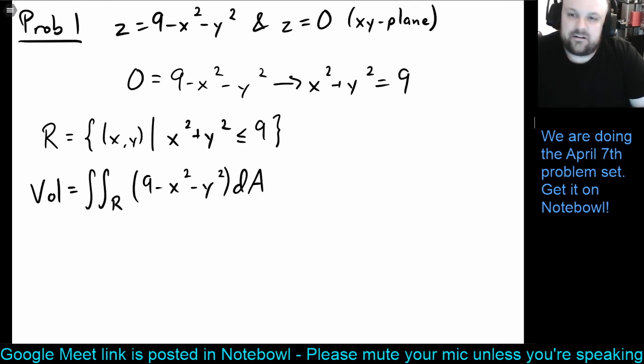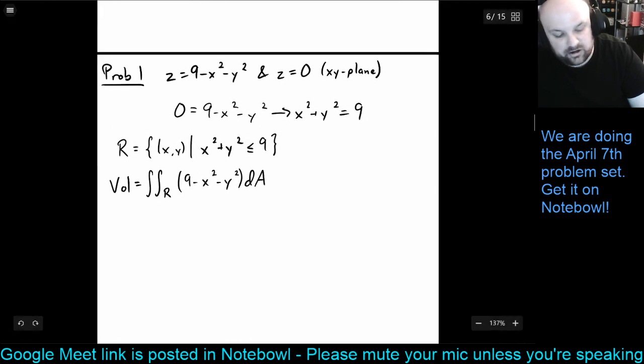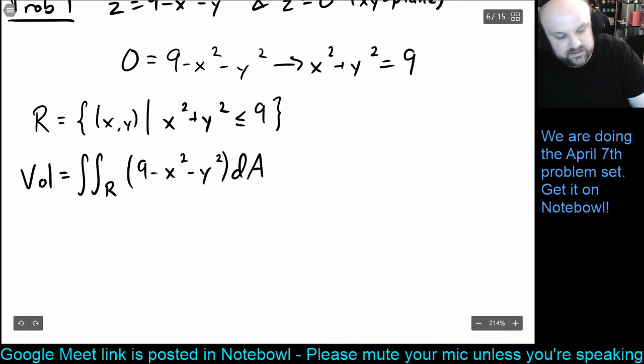Now the thing here is that we can probably integrate this. It might require some u substitution, some integration by parts or something like that. This can probably be done in Cartesian coordinates, but it won't be particularly fun. So instead of doing it in Cartesian, we're going to switch this over to a coordinate system that fits it better. Because this region R,